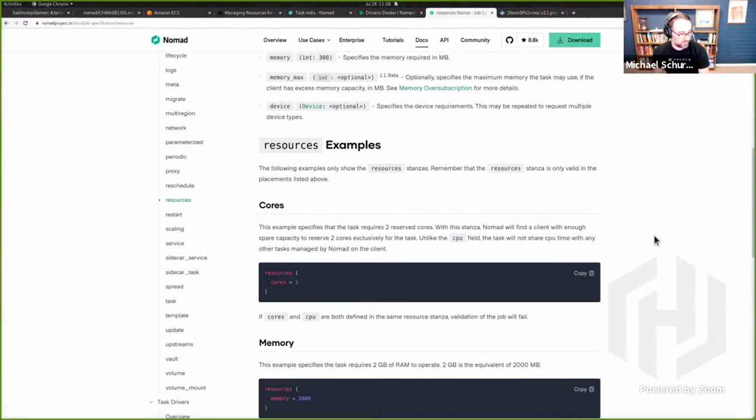And Nomad will just ensure that if you have 8 cores on a server and you have jobs that all want 2 cores each, only 4 of them will be placed on that node. So it all should be fairly intuitive how this works. Should be just a nicer way of specifying those CPU requirements than having to calculate some megahertz. Or let's face it, nobody ever calculates those, like just trying to guess at how many megahertz.